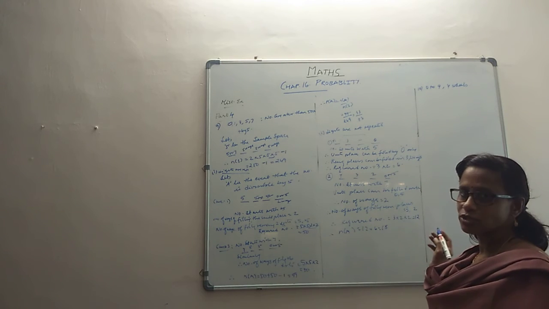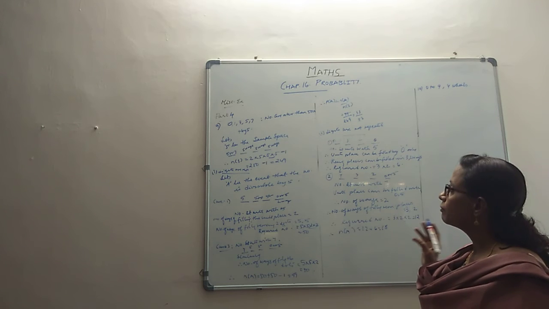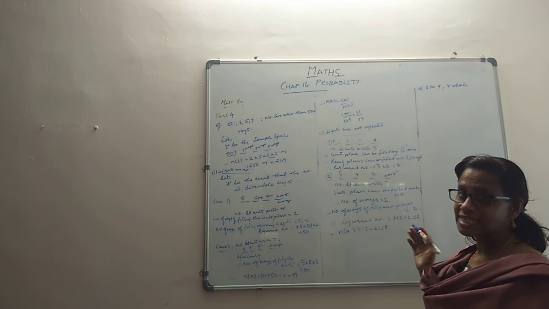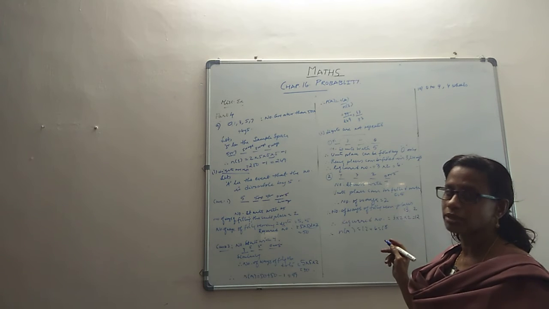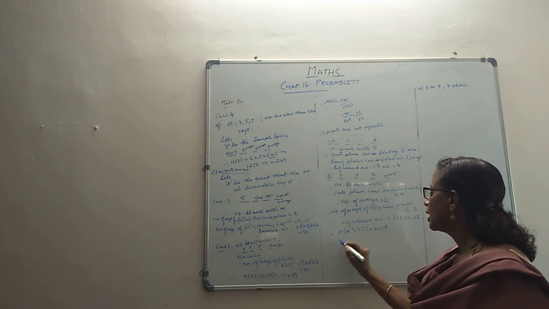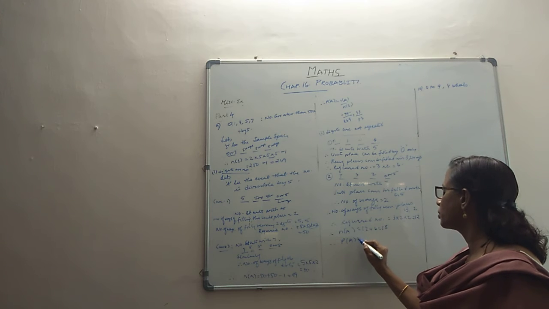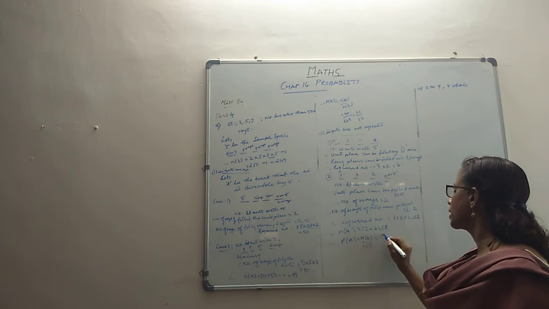Unlike the previous case, there is no need to look out for minus 5,000 and all that. Why? Because the case that we are taking already takes care of it, because we will not take a number like 5,000 here, because repetition is not allowed. So that is why you don't have to be bothered about that case, and this is how you get the probability. Probability of A here is n of A by n of S. That comes to 18 by